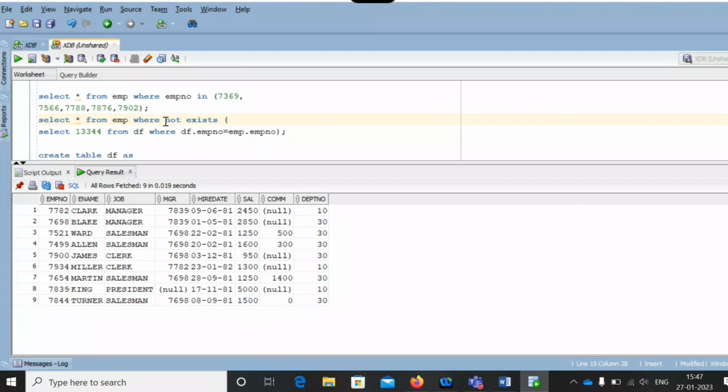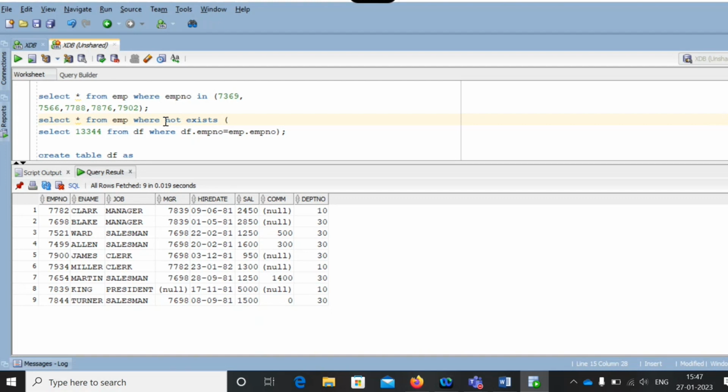The exist operator works with Boolean values, not with the actual values. Not name in Shiva, name in XYZ, name in ABC. It is not checking with actual values, it is checking with Boolean values, true or false. The entire column is looked at.